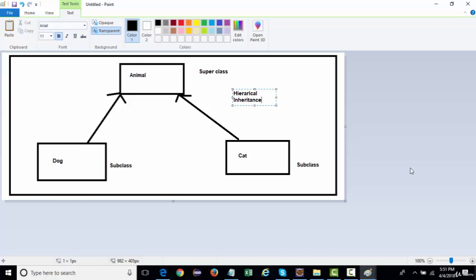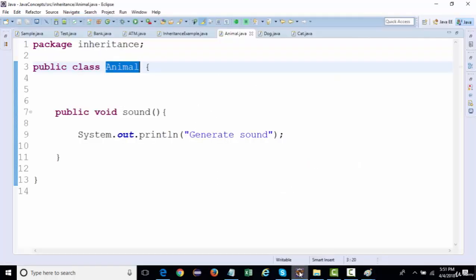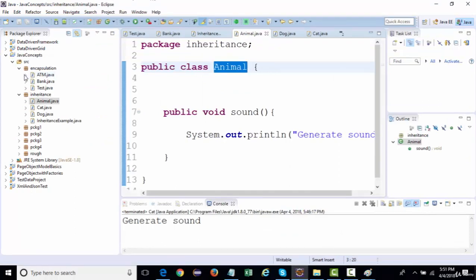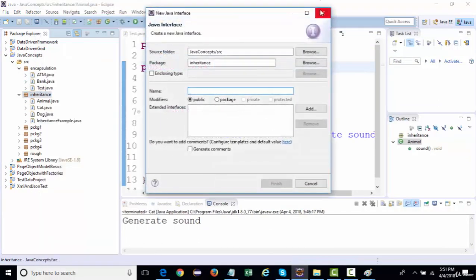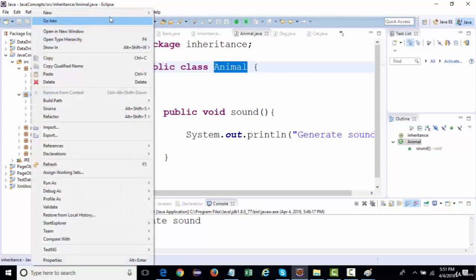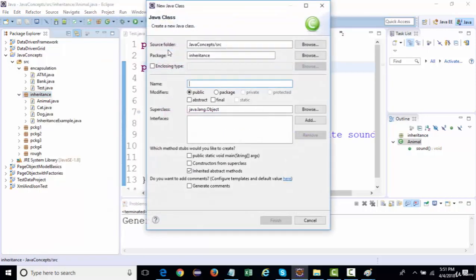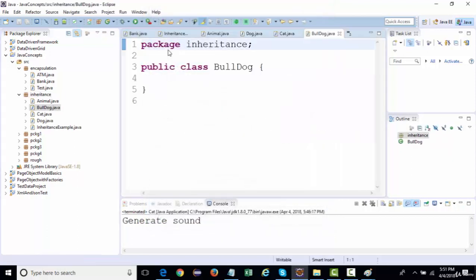Now let's take another scenario. I'm going to create another class called bulldog, which is another type of dog, right? Now bulldog also wants to generate some sound. So which is the nearest parent class to bulldog? Will it take the sound method from animal or from dog?